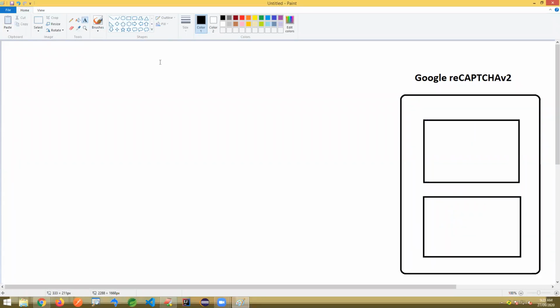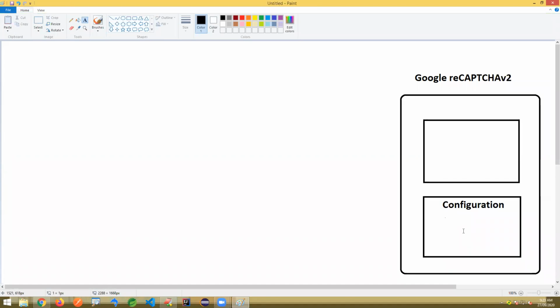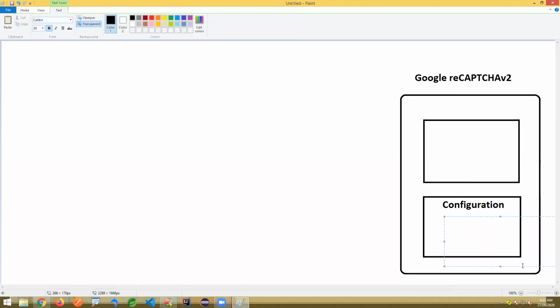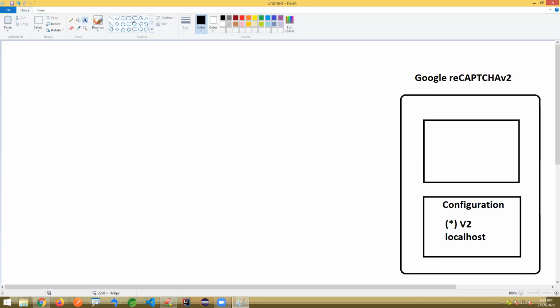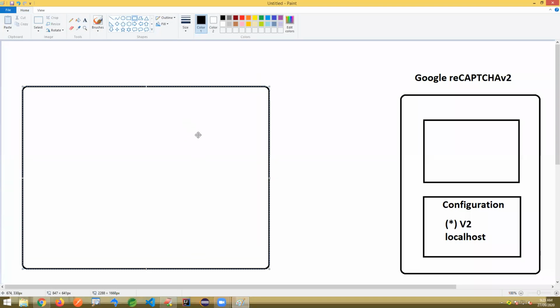Consider you did some configuration, provided all the details, some host details, and the type we selected, consider v2, with something like localhost. Then you come back to your application, where we have to do three things.